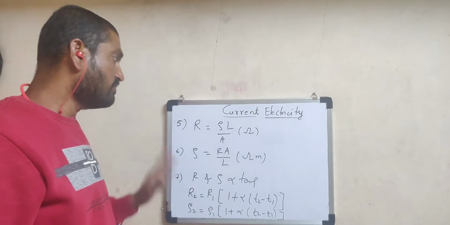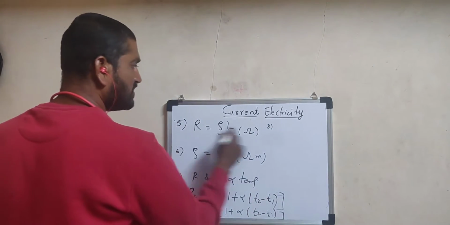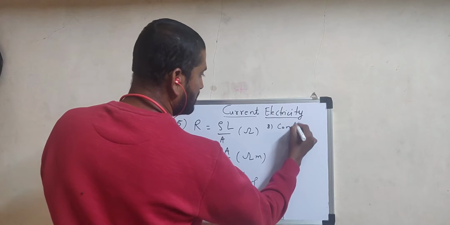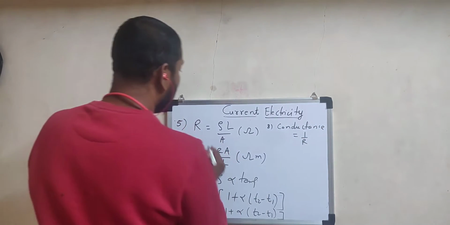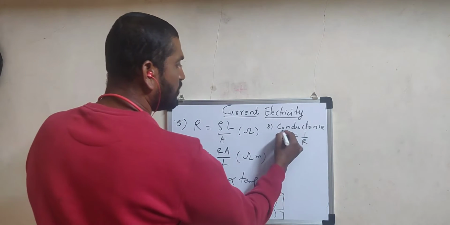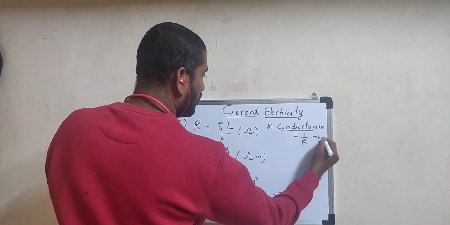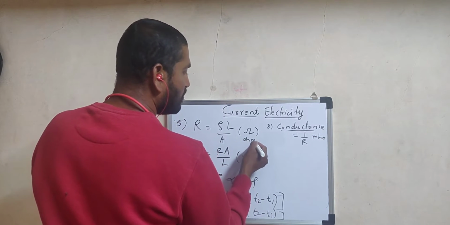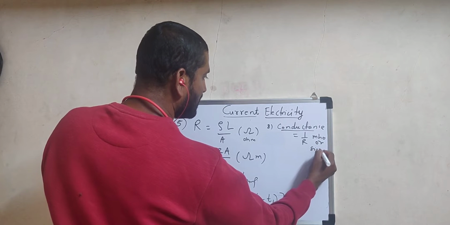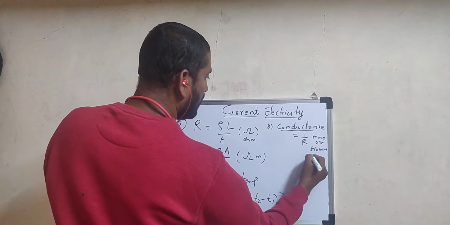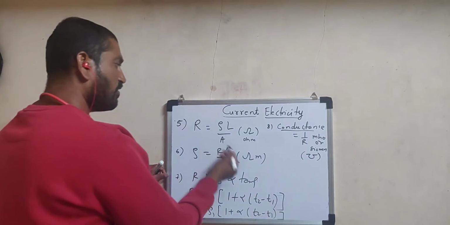Very, very important. Now number 8, the reciprocal of resistance is called conductance. Conductance is nothing but the reciprocal of resistance. As the SI unit of resistance is ohm, the SI unit of conductance is mho. Ohm we write OHM, you have to write in reverse manner, MHO, mho. Or another unit Siemen, SIEMEN. Or you can write the symbol as an inverted omega like this. So this is conductance, the reciprocal of resistance.